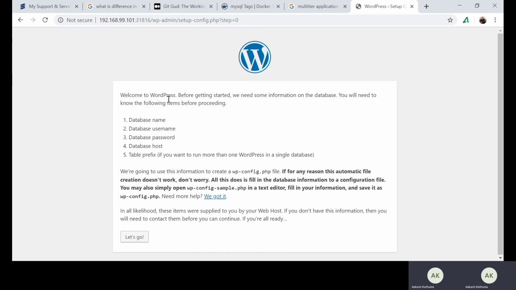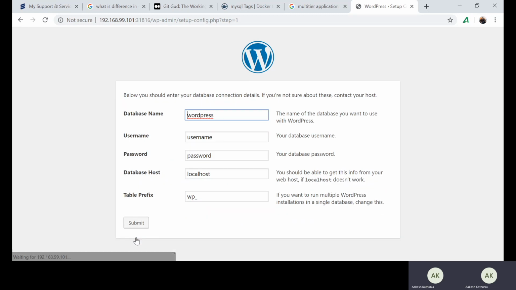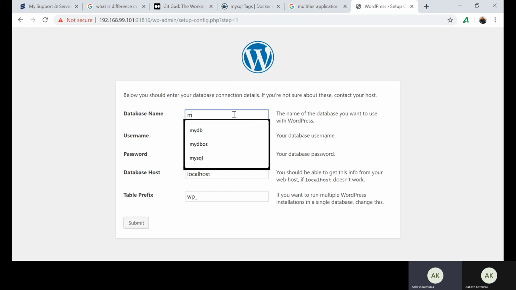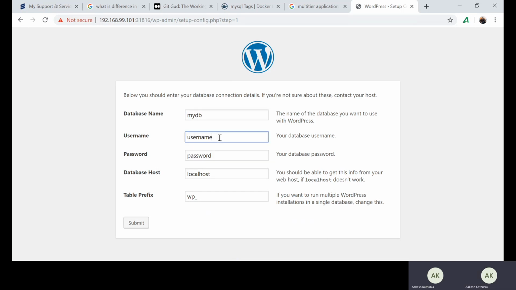It is showing the welcome to WordPress page. Before getting started, we need some information: database name, username, password, host. Okay, now let's go. The database name we already know, that is MyDB, and the username already defined is Akash. For the DB host name, I'll use the IP that I showed you in the describe command, 172.17.0.7.